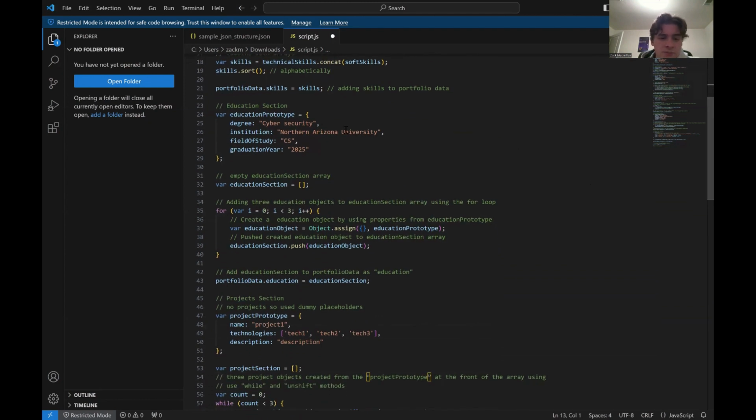So this is the education section of the code: degree, cybersecurity, which is what I'm currently studying here at Northern Arizona University. Field of study, I guess, assume the closest one is computer science. So I kept that in there from the original placeholder and then the graduation year 2025. And then the next part was to